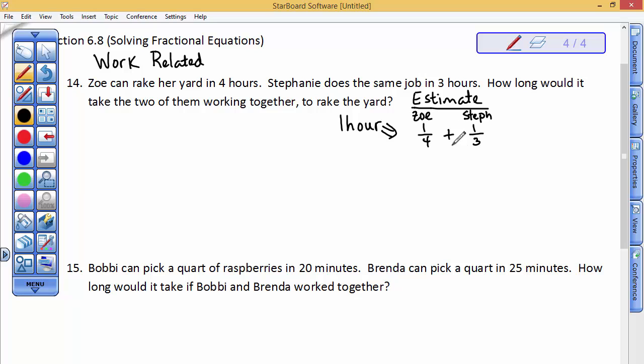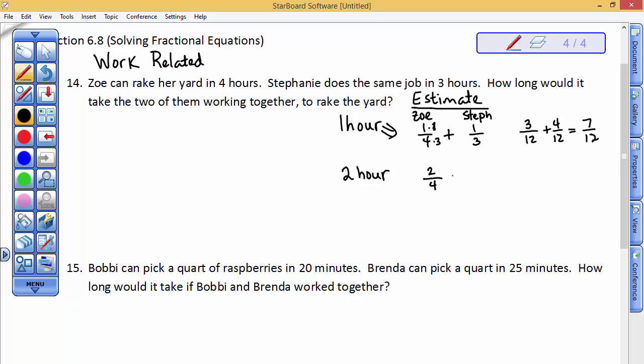And so if I added the amount of the project that they would complete, the common denominator is 12 for these two. So I'd multiply this by a 3. So Zoe would do 3/12 and Steph would do 4/12, and they'd get 7/12 of the project done, more than half. So that means in 2 hours they're going to be overdone with the project, because